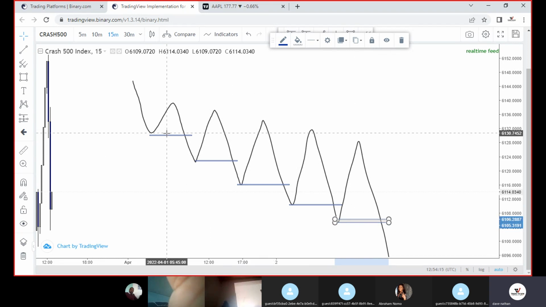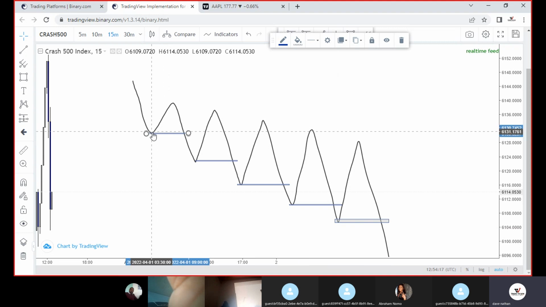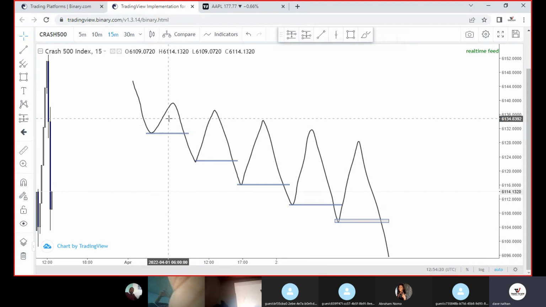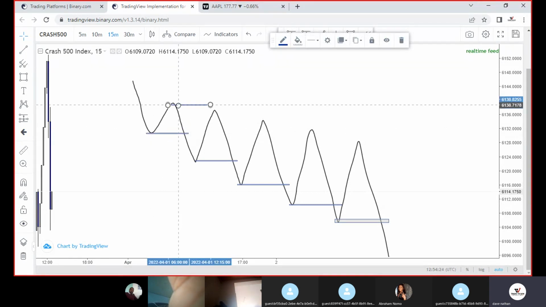And then now, let's start off with this. Now, this first one, this is the point where the support was broken. Which resistance led to this break of the support? This. So what happens is that,